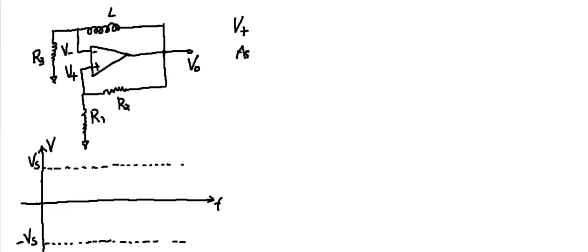Let's assume VO, the output voltage, is saturated at positive supply voltage. If VO is equal to positive Vs, let's draw the VO, which is here, then